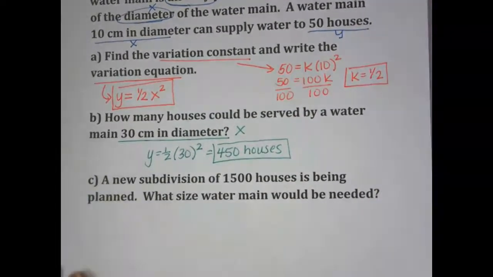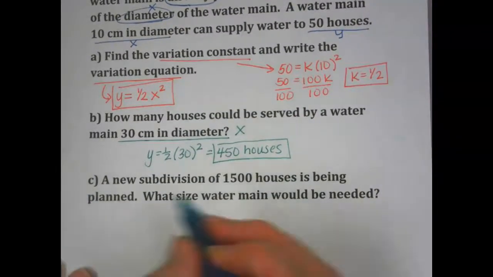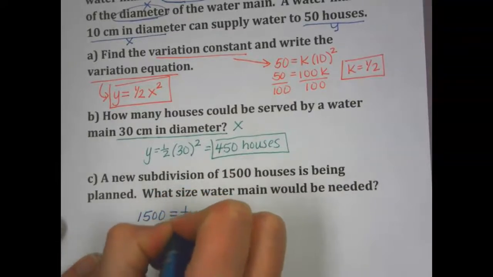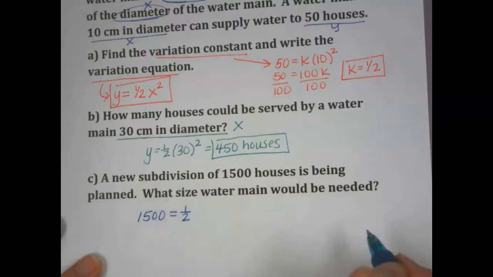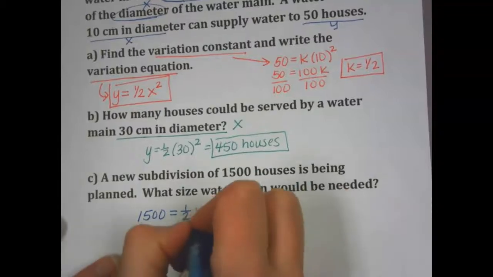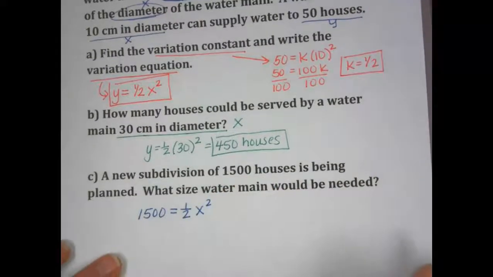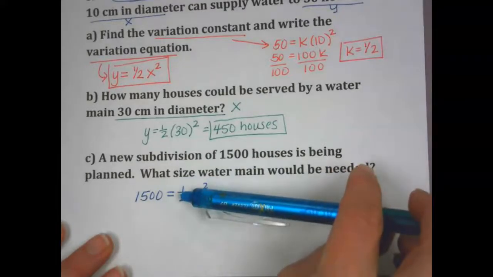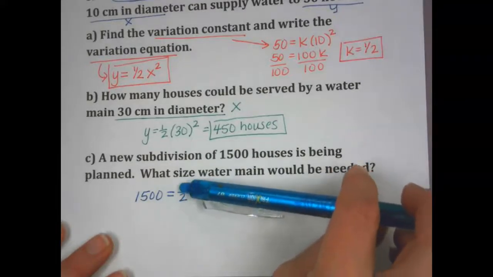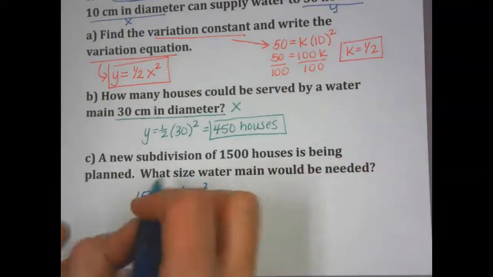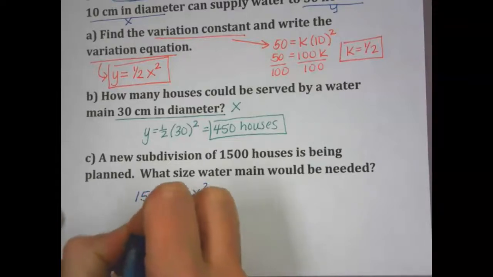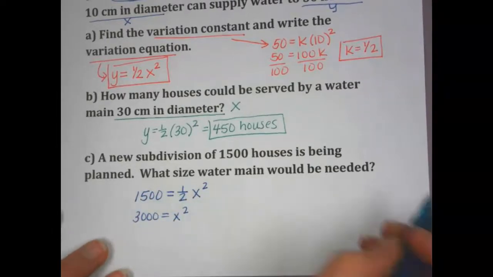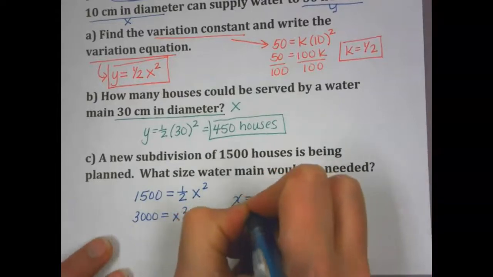And then a new subdivision of 1,500 houses is being planned. So that's my y. My constant still is 1/2. What size water main? I don't know x, but it does have to be squared. All right, so solving this one, we'd want to get rid of the 1/2 first. So we want to multiply both sides by its reciprocal, multiplying both sides by 2. So we get 3,000 equals x squared. And then we would have to take the square root. So x equals